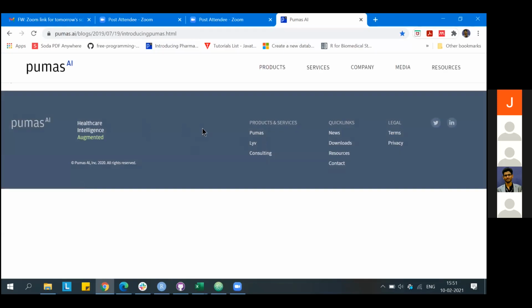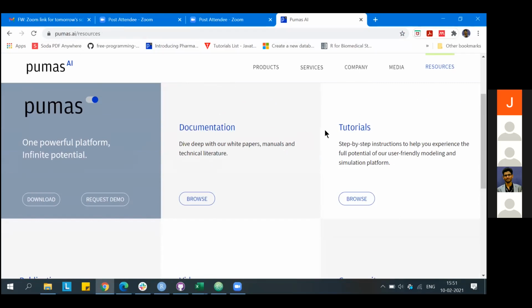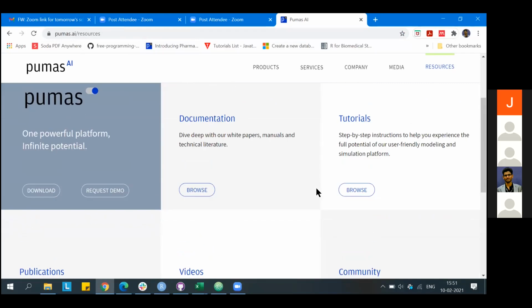I'm going to the pumas.ai webpage, where under resources you'll see documentation, tutorials, and other things. The documentation tells exactly what each code or syntax means.